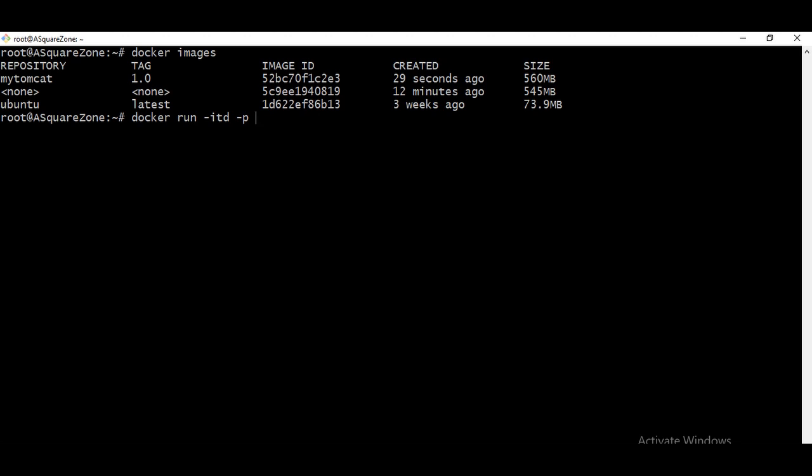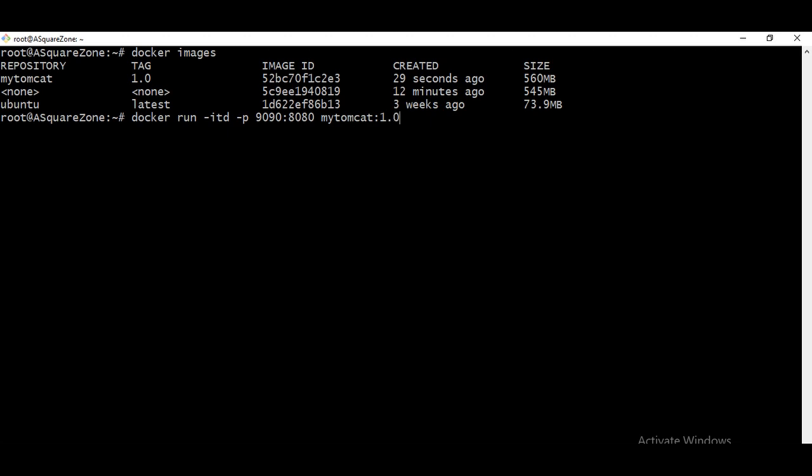As we already mentioned, we exposed Tomcat's port 8080 in the Dockerfile. Now I am mapping it with 9090. So here 9090 is the Docker engine port. I'm going to map it to the actual Tomcat server port. We need to provide the image name here, along with the tag.